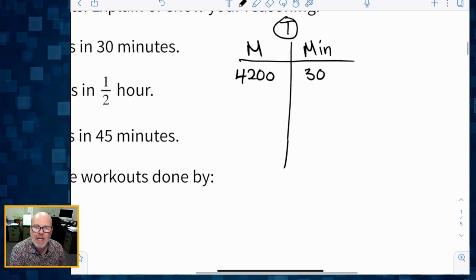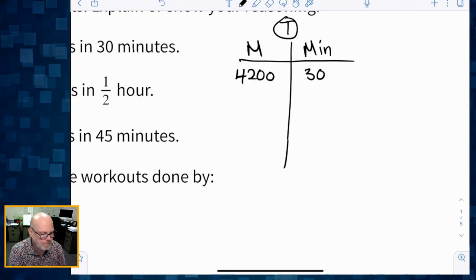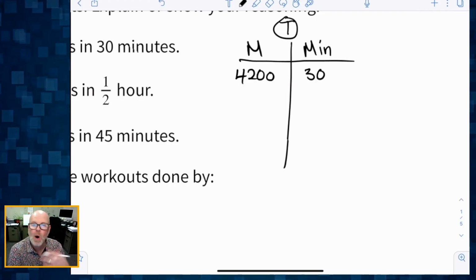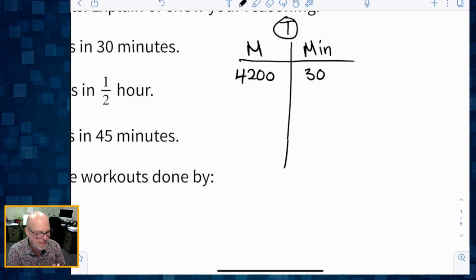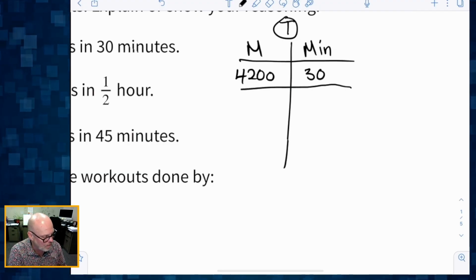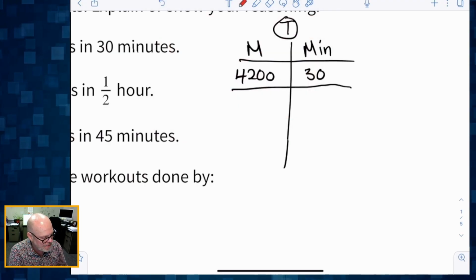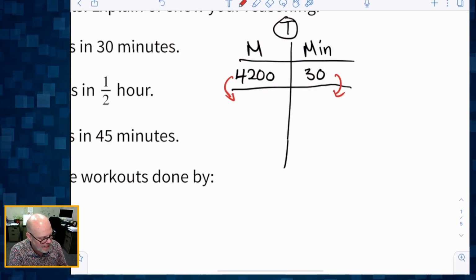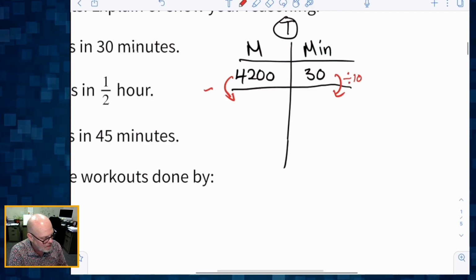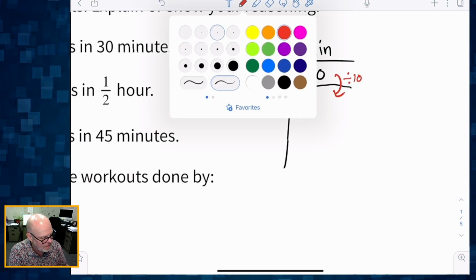If we want to know how far Tyler ran in 1 minute, what we could do is scale both of these down, dividing both of them by 10, and that's going to give us